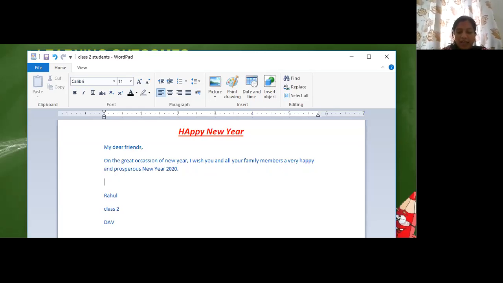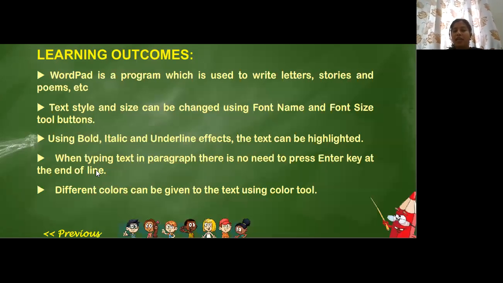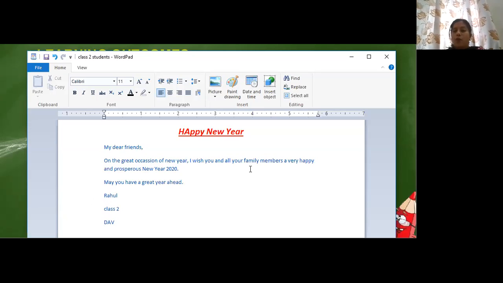So let's see. May you have a great year ahead, right? This is how you do it. So when you type, and the line comes by itself to the next line when you're not pressing the enter key, what do we call that?